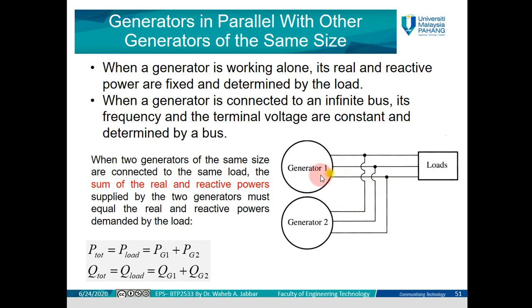It will control how much active power comes from generator 1, how much active power from generator 2, how much reactive power from generator 1, and the reactive power from the generator